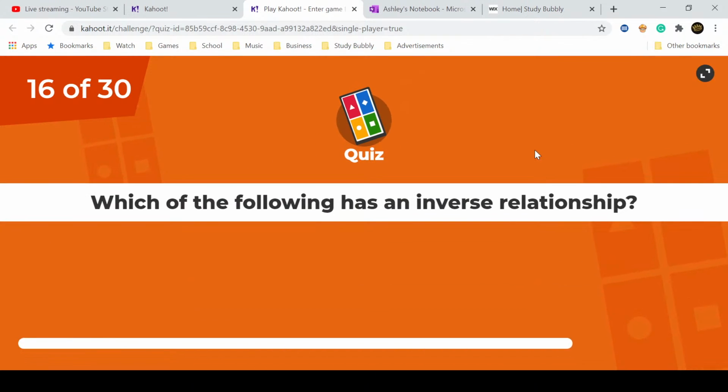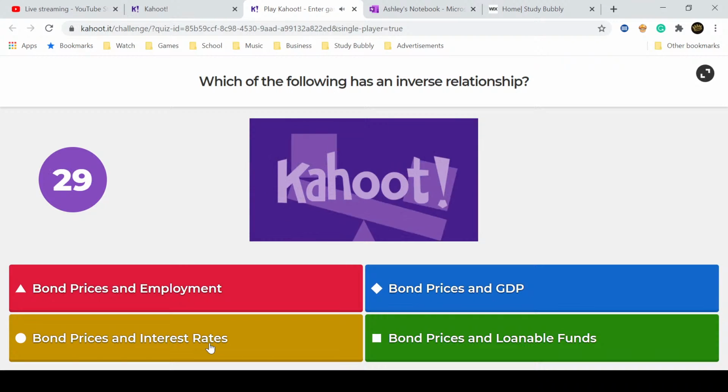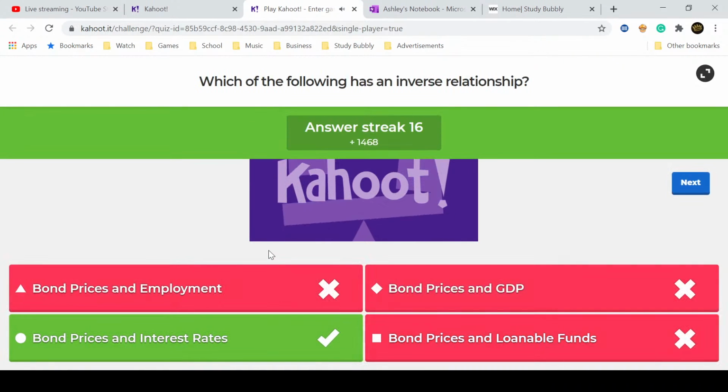So which of the following has an inverse relationship? Bond prices and interest rates. Bond prices won't affect employment. Bond prices are the loanable fund, wouldn't have anything to do with employment. Bond price and GDP, I guess that's kind of a stretch, if you can make that kind of connection. Same thing with bond prices and loanable funds. Like, yes, they kind of have to do with those things, like economic growth. But when you're analyzing the economy, you want to look at things, all things equal. You don't want to make those far connections where this thing will lead all the way here. You just have to look directly at what does one thing do to another, and that's bond prices and interest